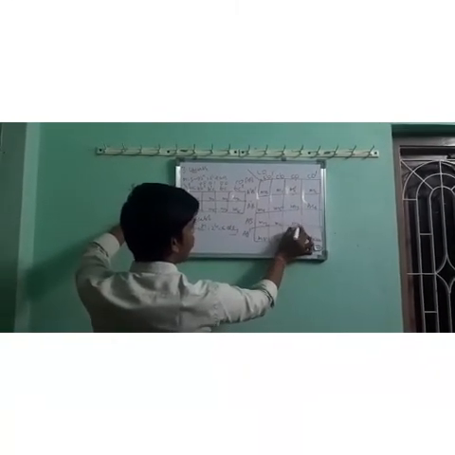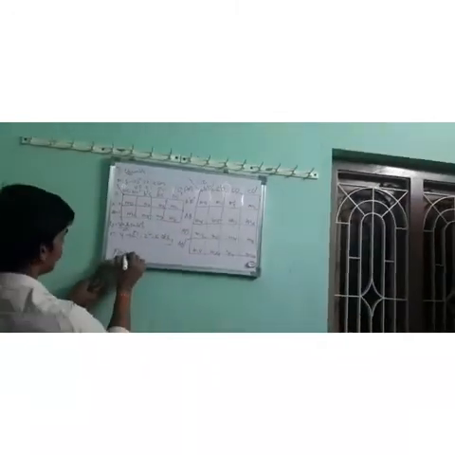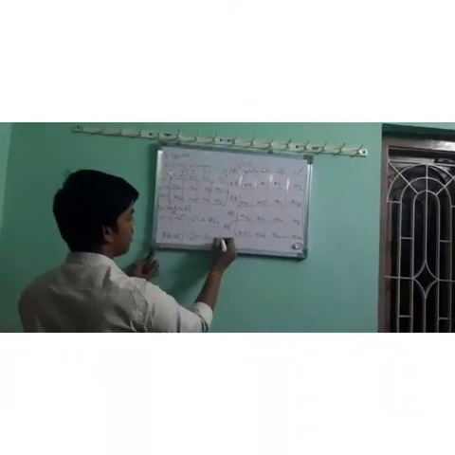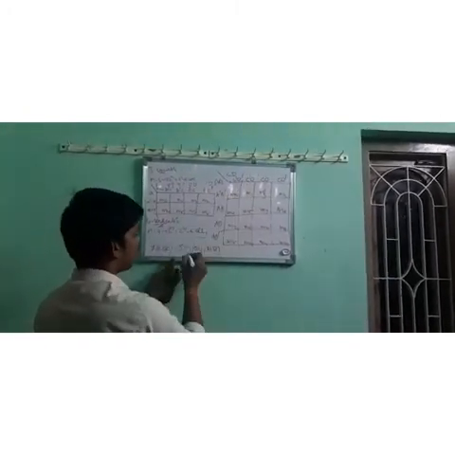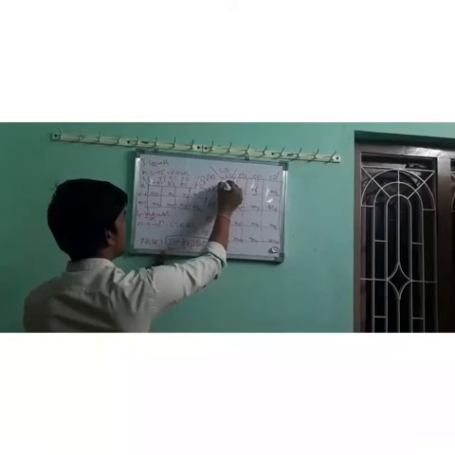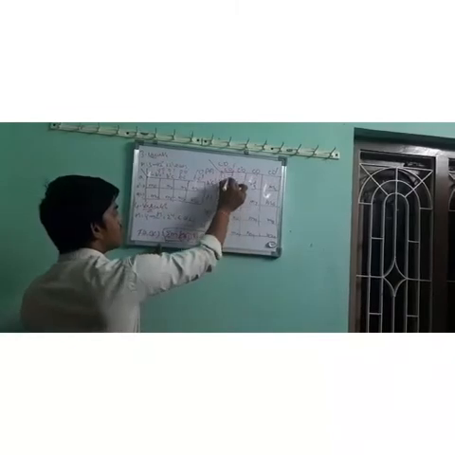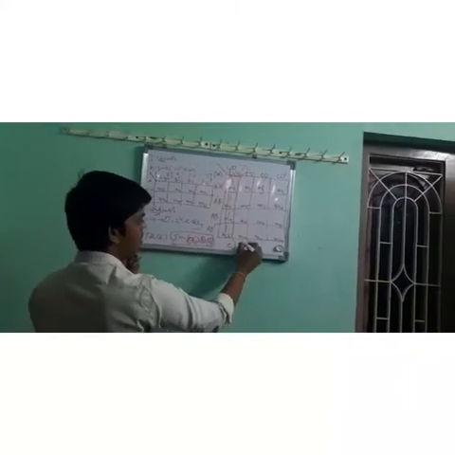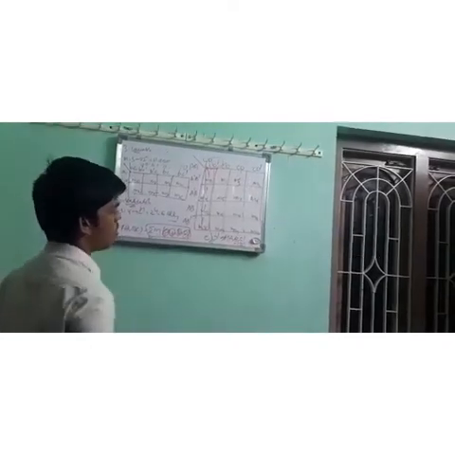M13, M14, and M15. Suppose the function given f of ABCD is equal to sigma m of 0, 4, 8, and 12. It can be minimized as follows using the Karnaugh map. Here sigma m of 0, 4, 8, 12. In the place of sigma m 0, 4, 8, 12, we have to replace it by 1s. So here these 4 elements can be taken as common, and the common letters are C complement, D complement. So the minimized function is f of ABCD is equal to C complement D complement.